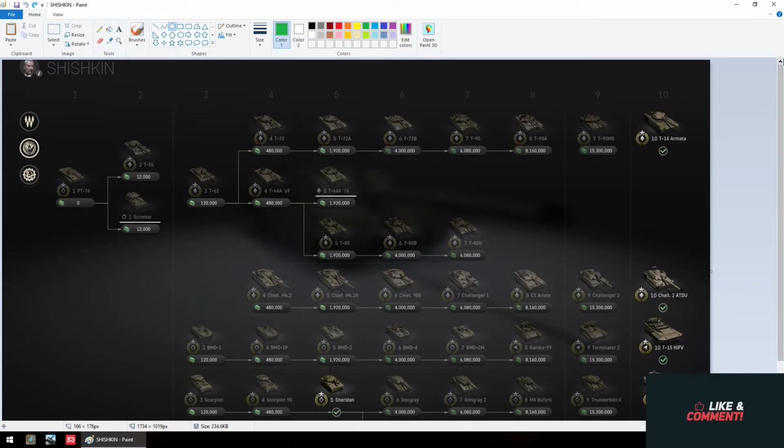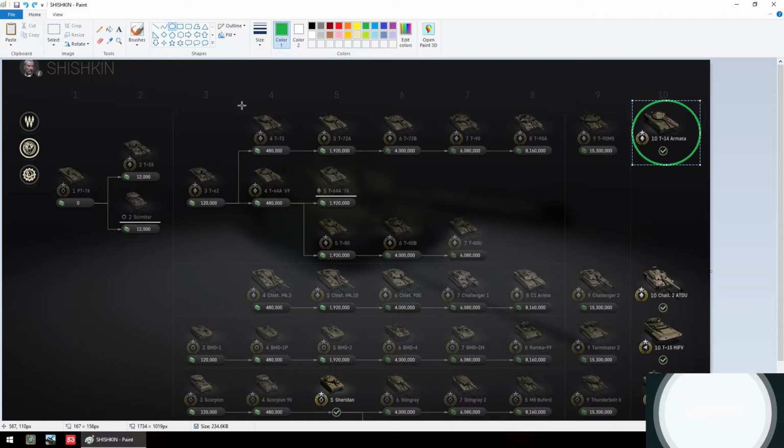So I would like to invite you to Let's Paint with 905, where we're gonna be drawing circles and crosses, and hopefully by the end of this video it will be clear to you which tanks you should grind out and probably which tanks you should leave for later. Then the obvious answer is gonna be the T14 Armata, and matter of fact all this line,